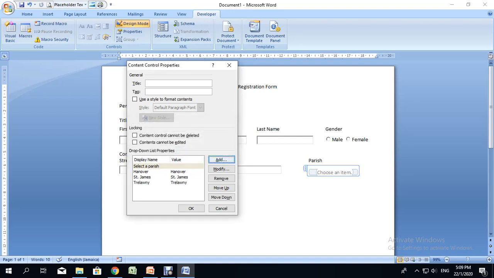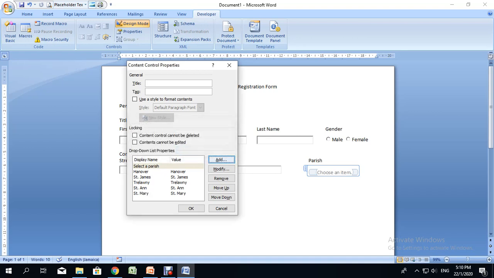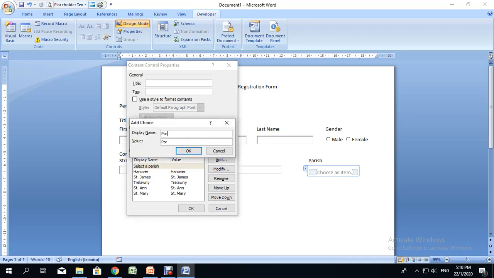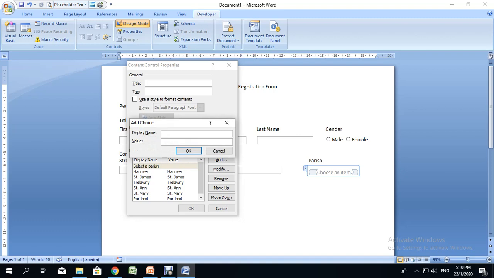And we're going to continue doing that until we have added all the parishes. I'm going to add St. Thomas,